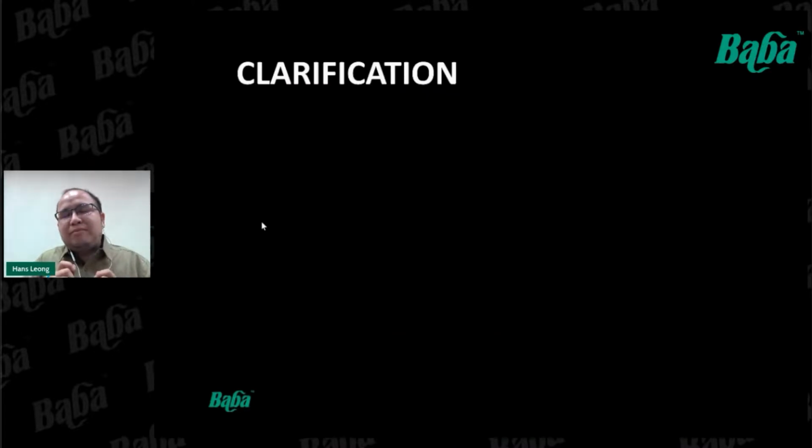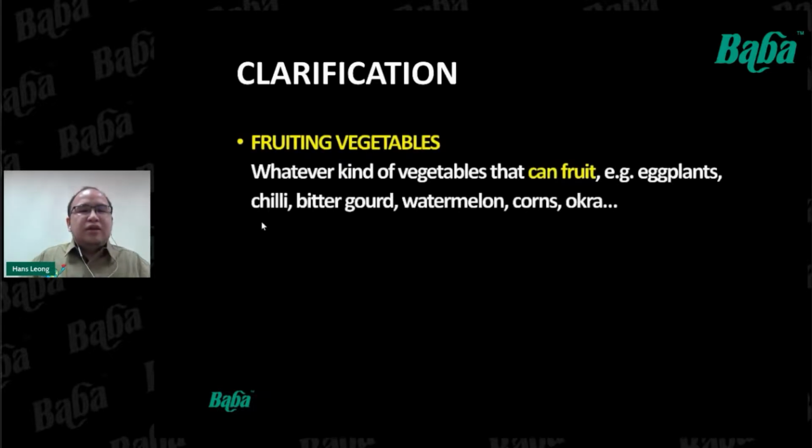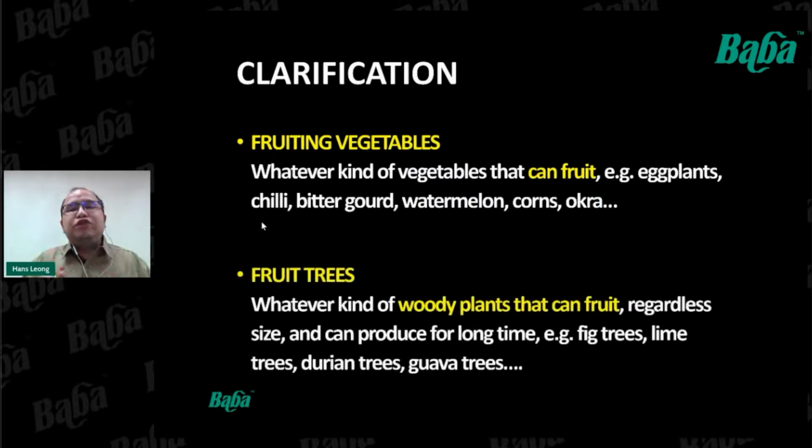we would like to do some clarification on what is a fruiting vegetable and also what is a fruit tree. So the fruiting vegetables are whatever kind of vegetables that can fruit. For example, the eggplants, the chili, the bitter gourd, the long bean, watermelon, edamame, corn, okra, whichever vegetables that can fruit. Okay. And the fruit trees are whatever kind of woody plants that can fruit, regardless of the size,